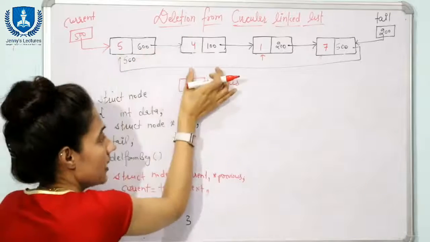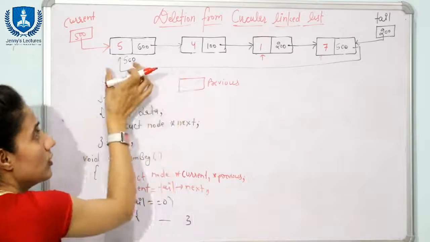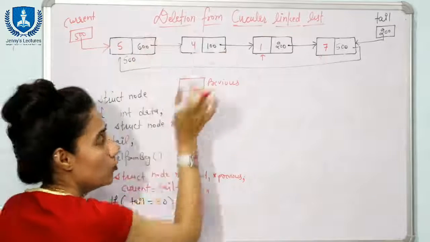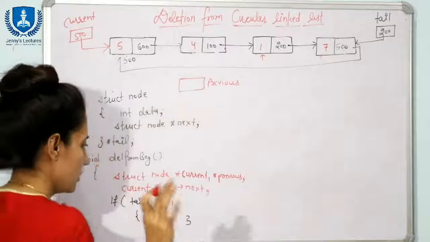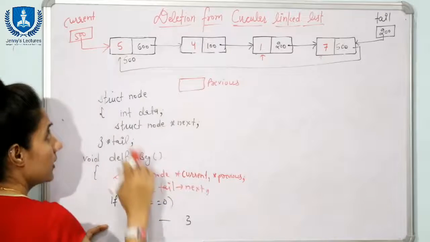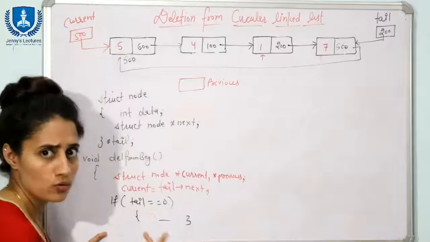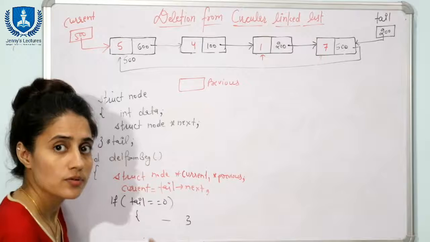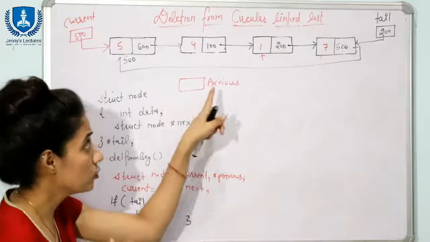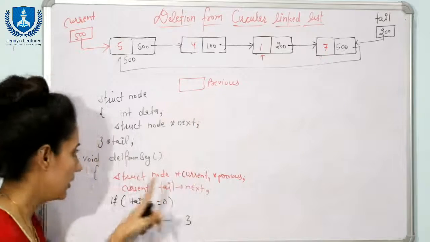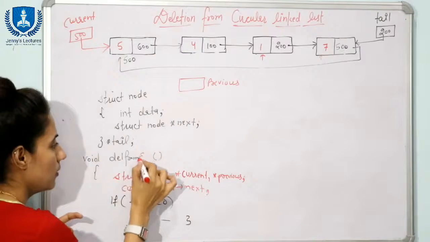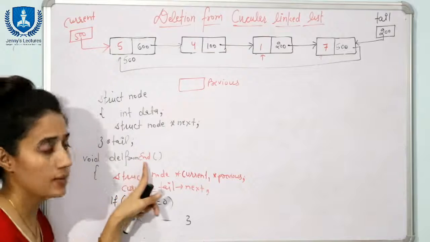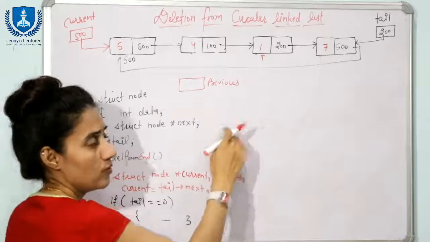So before moving this temp, first of all we set previous to this node, meaning previous is equal to current. After that we will move this temp. How are we going to do this? See, now we have set current is equal to tail next. If tail is equal to 0, it means the list is empty, and you can print that here, right? And else if there is only one node, in this case also this can be a situation. In delete from end, here we have delete from end. In delete from beginning also that is a case. In delete from end that can be a case. So here you can write the same thing.